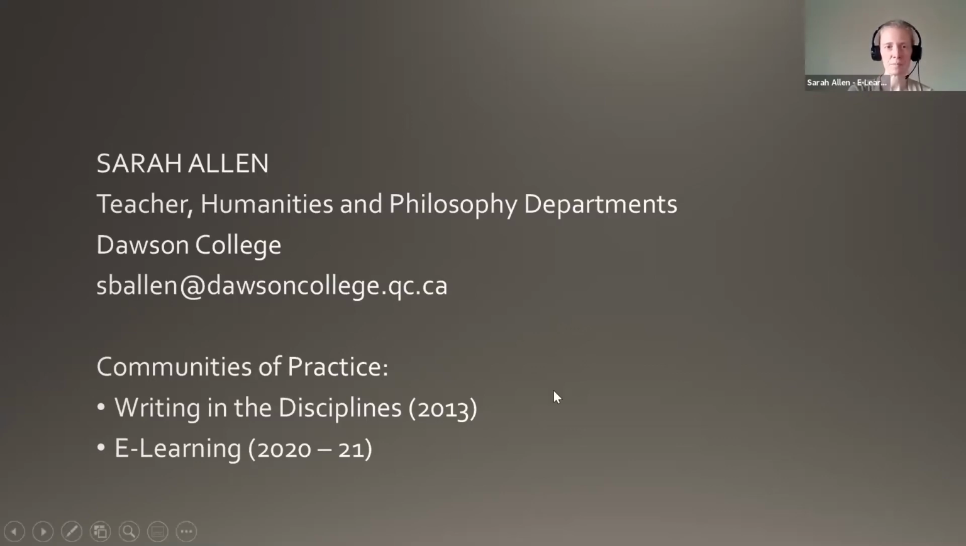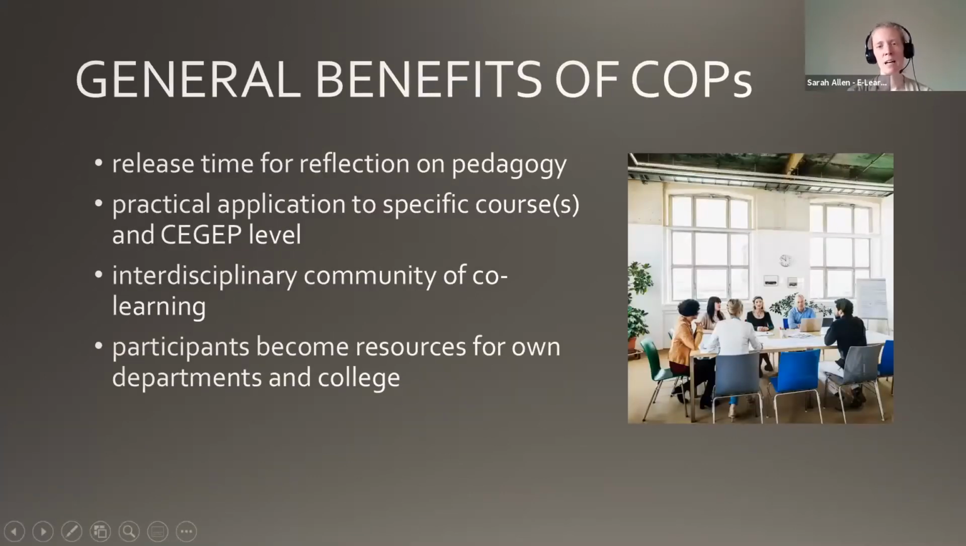So in terms of communities of practice in general and how I've found them beneficial, obviously, the fact that we can get release at Dawson to participate in these and to reflect on pedagogy is wonderful for us as teachers, right? So you have designated release time to do this. And what I like about most of the calls that I've seen and applied for, because I've applied for many and I've done two and I'm doing another one next semester,